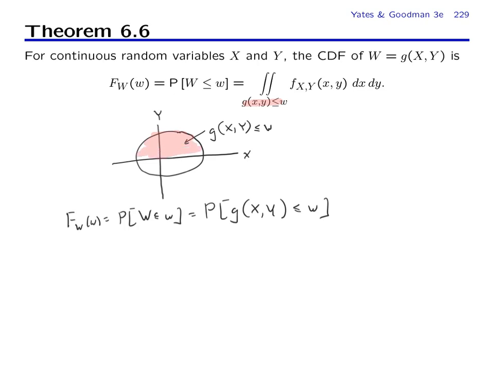It's this set of points in the pink. And then you do some tricky calculus to integrate the joint density over this region. So the formulation is simple, but when you go to do this integration, it tends to be a little bit